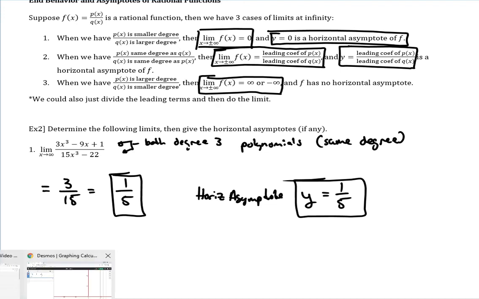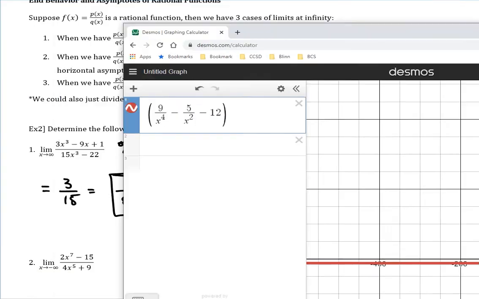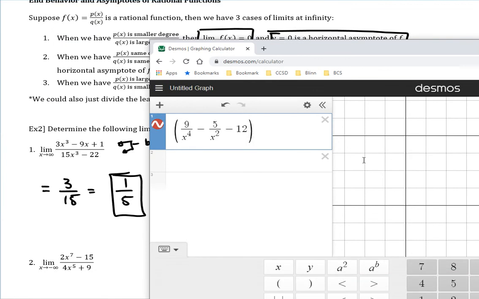And there we go. Okay, and like always, we could check it. Let's go ahead and check this one. Okay, so we'll type all that in. So we have parenthesis 3x cubed minus 9x plus 1 divided by 15x